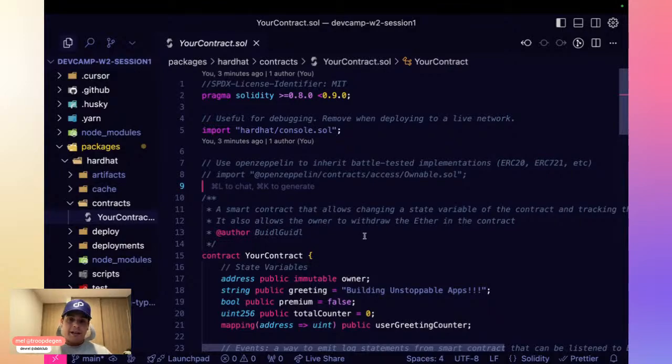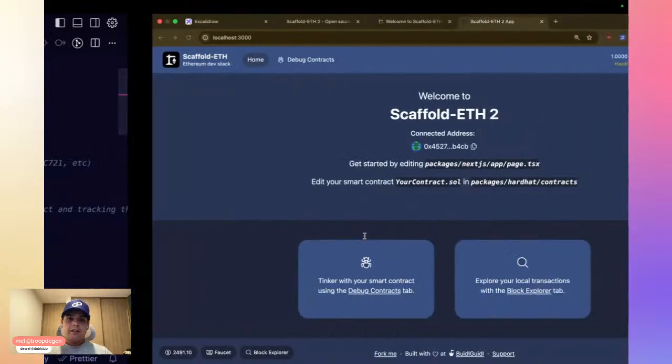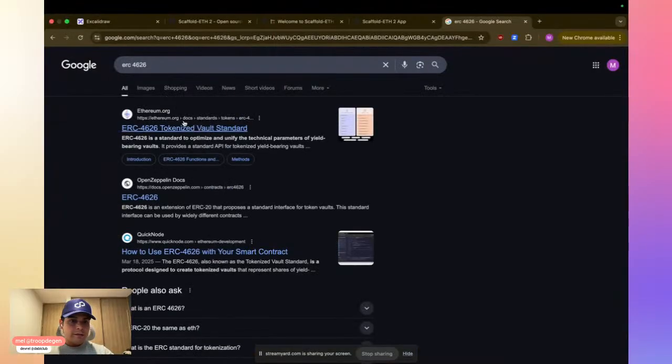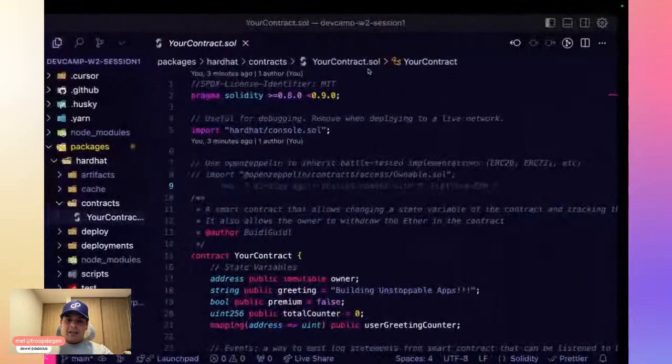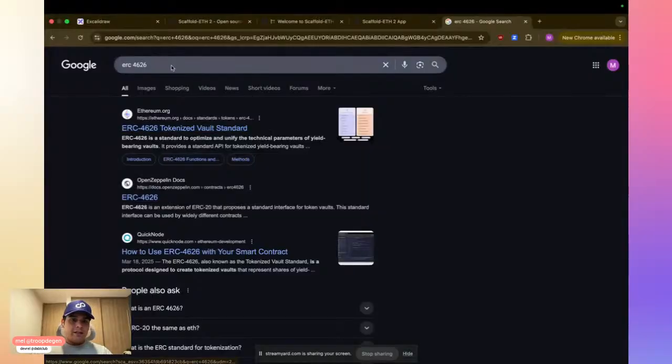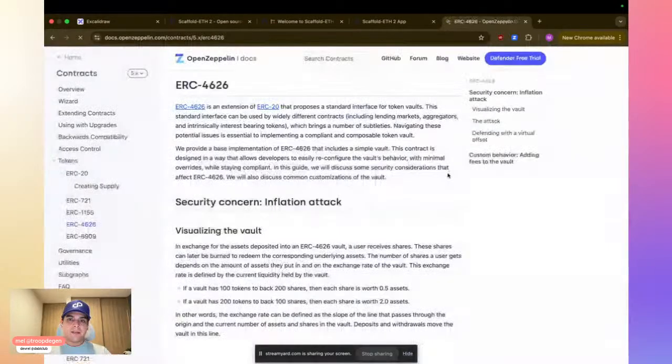Now we will be diving in faster, and instead of doing an ERC20 from scratch like last time, or ERC721 or ERC4626, is that the right one? Yeah, ERC4626. Perfect. Instead of us having to write all of that, that's actually what I opened, just looking quickly for this. We will be using OpenZeppelin's implementation.